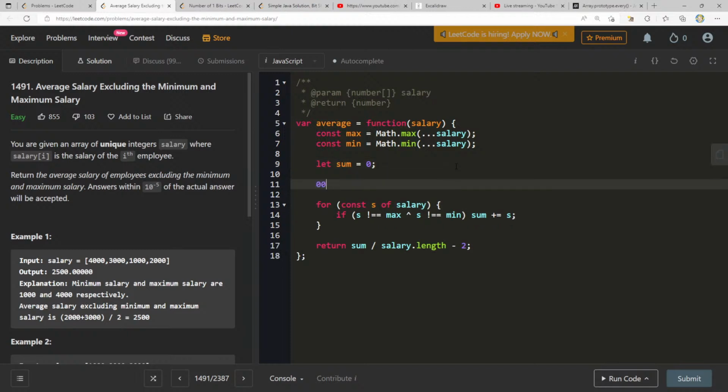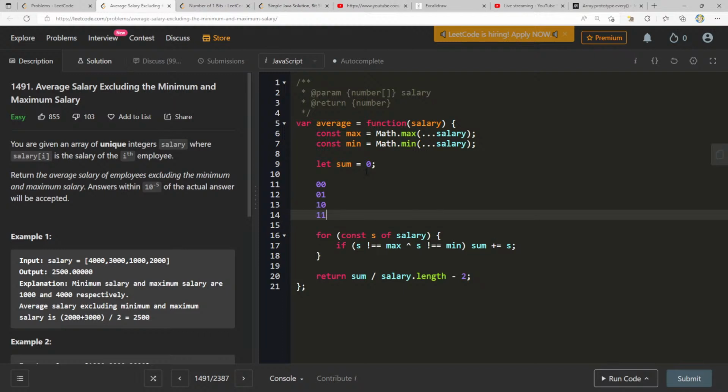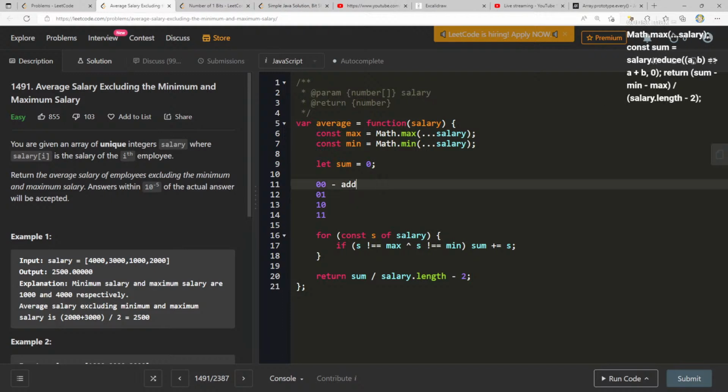So let's write a truth table, right? Let's write a truth table where like 0, what do I want this to be? 0, 0, 0. Maybe that means add it if the number is not either of them. So does that mean I only want to add when I'm here? Because if either one of these is true, then I don't want to do anything. So what's the truth table for that?